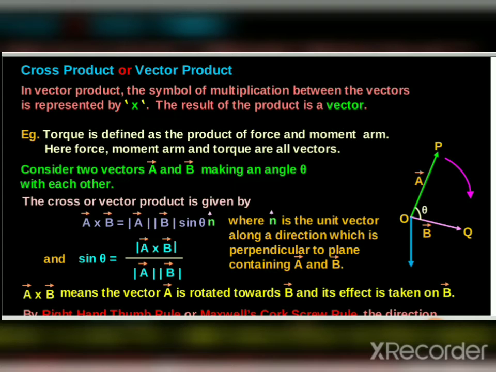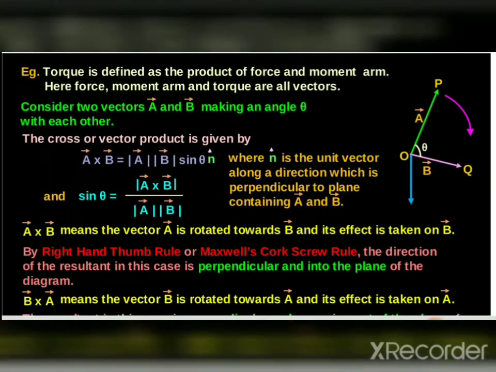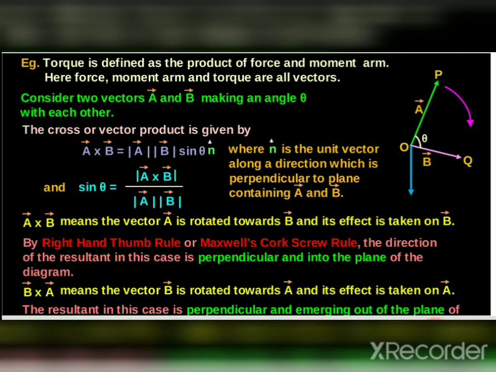So, for example, torque is defined as a product of force and moment arm, and force, moment arm and torque all are vectors. Okay, see the example. A cross b is equal to ab sine theta. So sine theta is a cross b upon a vector upon b vector. Suppose your